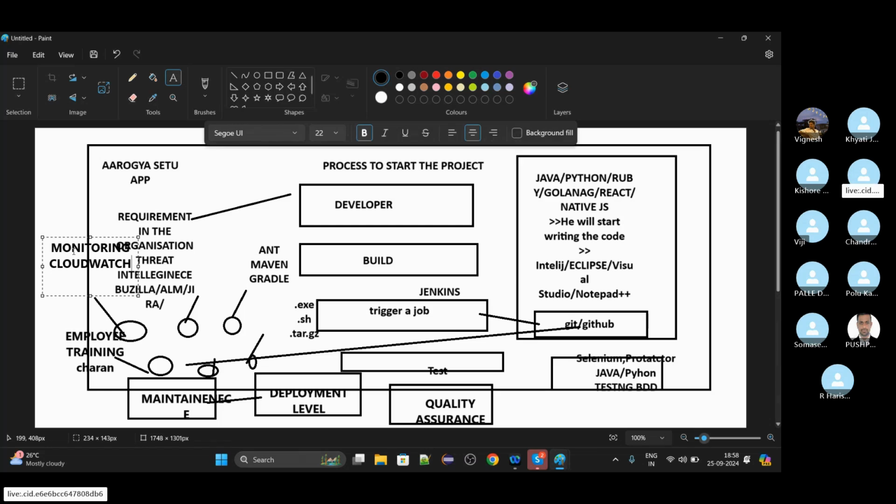If you get into a product-based organization, there is a high chance you can get up to 12 LPA as a fresher. It can go to 15 also as a fresher, 10 to 12 is the range.